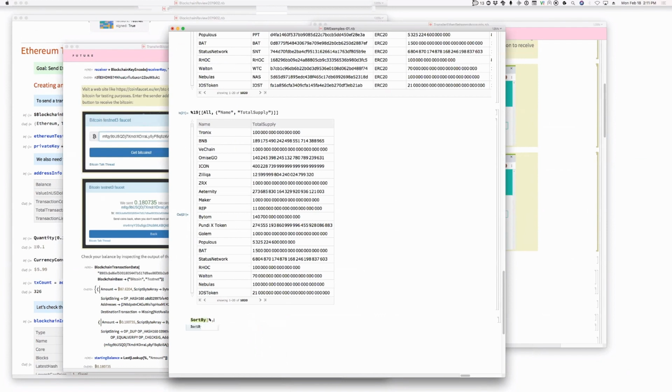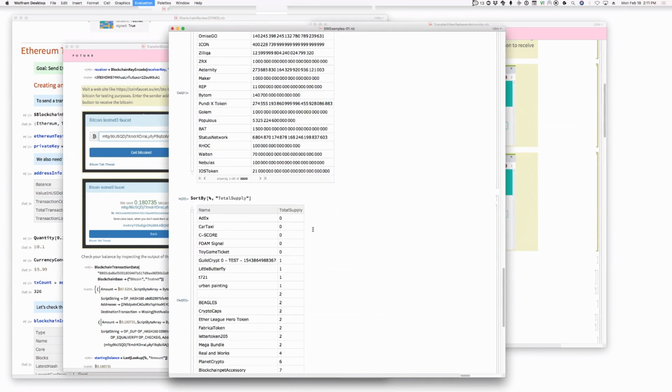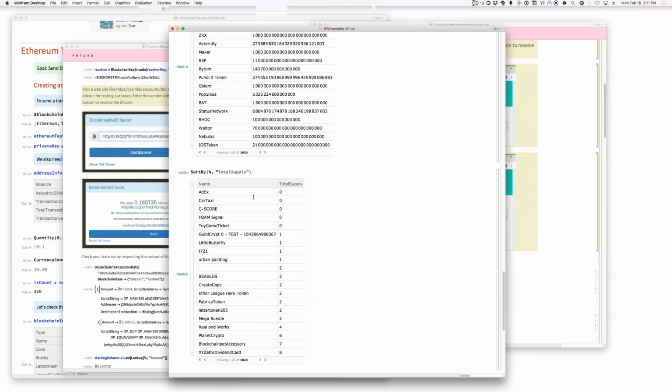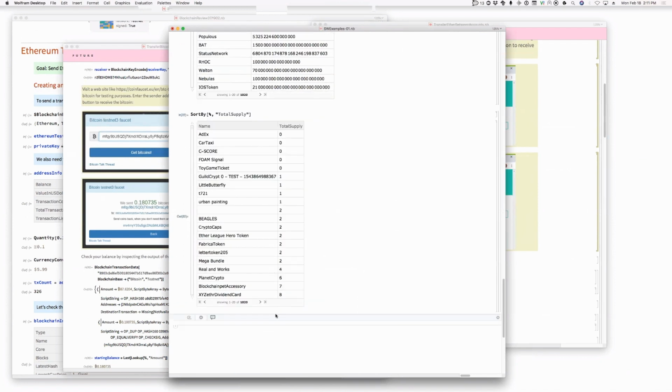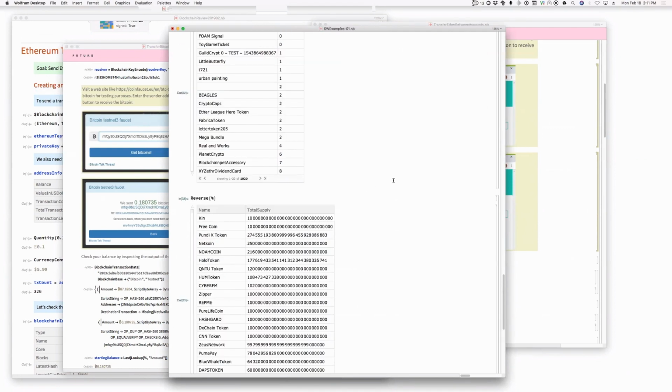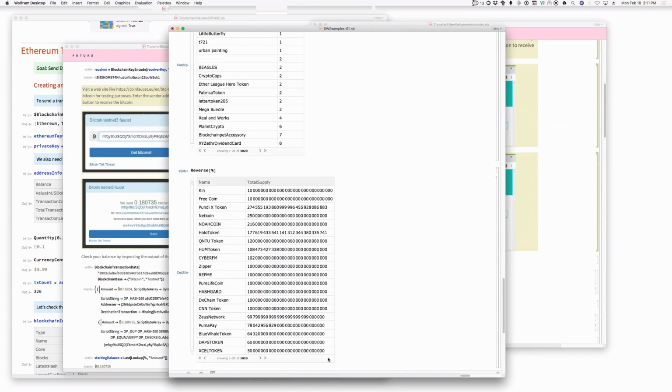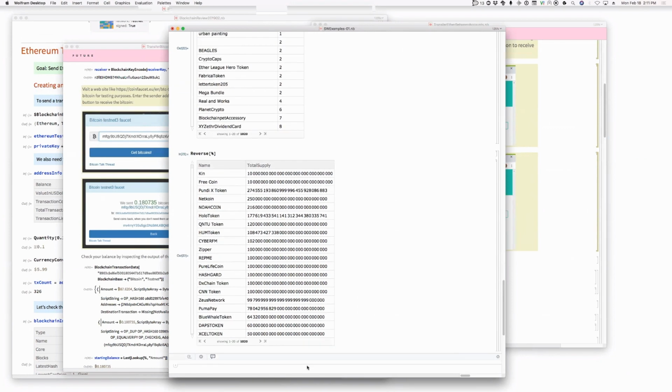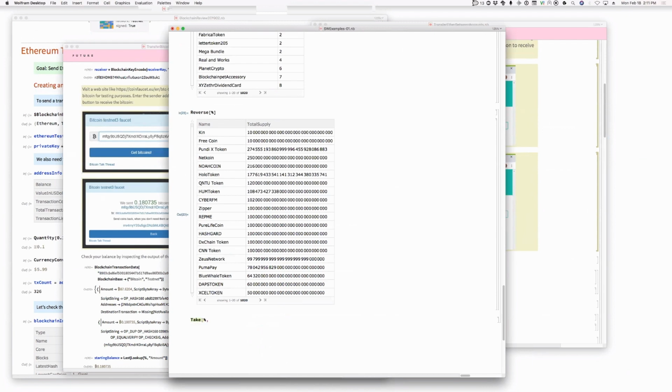What happens if I do this? Is this going to work? Okay. Well, I just reversed this. It's kind of cruddy, but I should have used reverse sort by. Okay, so these are the ones that have the largest total supply. So if I now say take that, comma, 100,